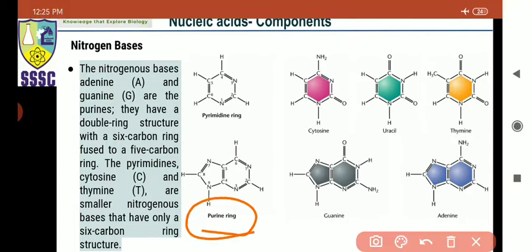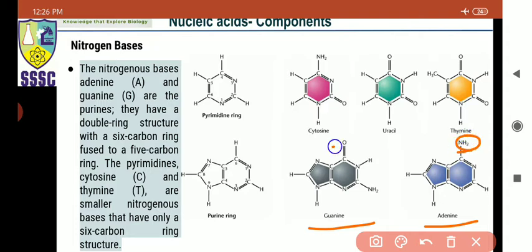First we see purine. We know that purine is an aromatic structure: carbon number 1, nitrogen, CH, nitrogen, C and C. So 2 nitrogens have double bonds, 1 and 2. There are 2 types of purine, adenine and guanine. The difference between adenine and guanine is the presence of an amino group on carbon number 6.